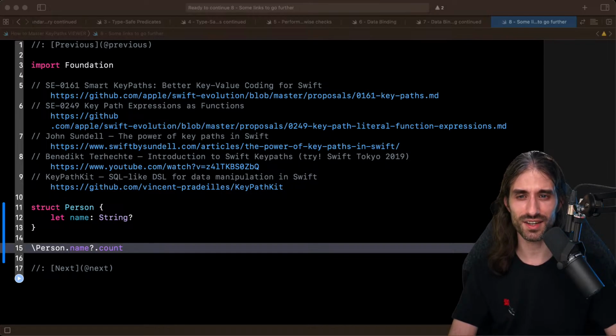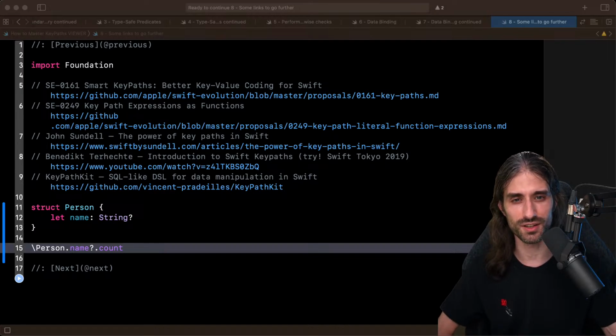It was nice to go back to key paths and to this very language-level feature, compared to what I had done before, training courses on SwiftUI and one on Combine, which are more like frameworks. Here it's very basic because it's something very low level, and so you need to do a lot more setup in order to show the context in which it can be used. But that was super interesting. I hope you've enjoyed it.